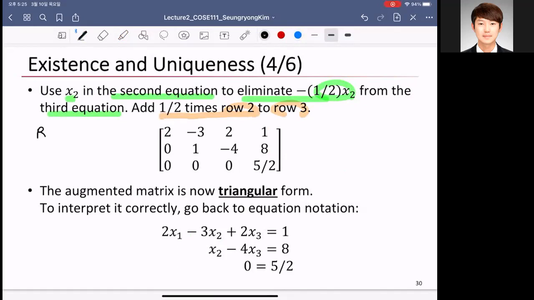The new rho 3 is going to be R3 plus 1 over 2 times R2. Because this is the first time, I show each detail, but after that I will just skip, because you can easily follow this one, right? I strongly suggest you solve it yourself. Okay. Anyway,